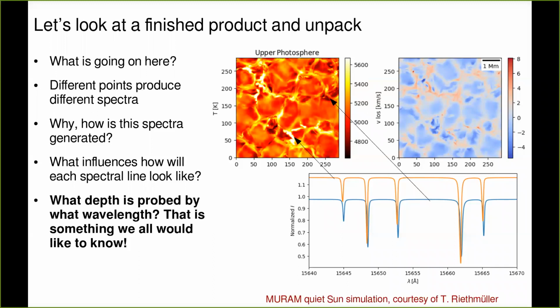Yes, Jared? A comment: you were giving the example of the weak lines and then the little stronger line and so on. I mean, these are all lines that form at temperatures that are compatible, because you go from 6,000 in the photosphere, a little less at the minimum, 10,000. Once you go into transition region temperature or coronal temperature, that's a different game. Yeah, well, of course. I'm going to mention it very briefly.